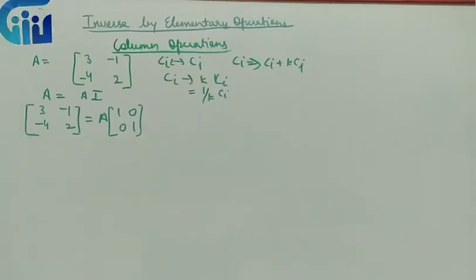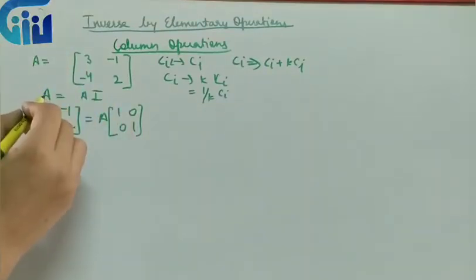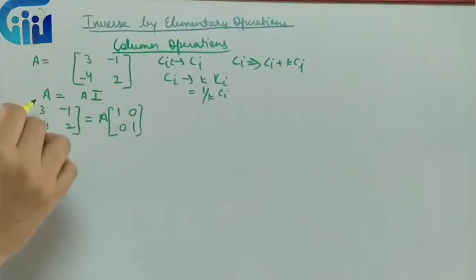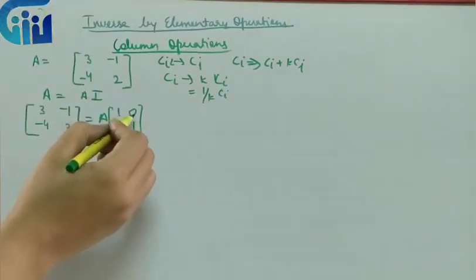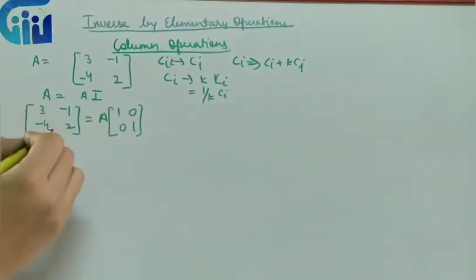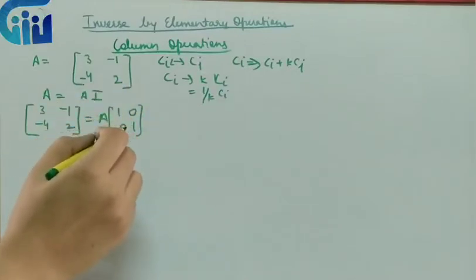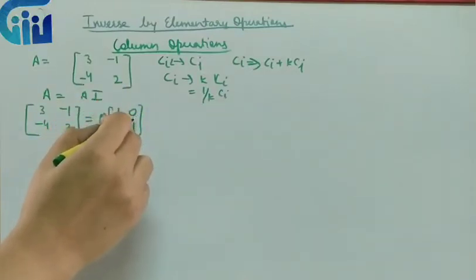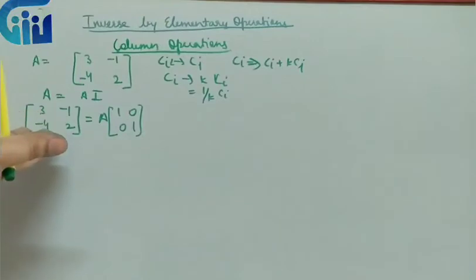Now as I explained in the previous video, for row we have to write it as A is equal to IA. For column we have to write it as A is equal to AI, because whatever changes I do over here in terms of columns will be reflected in the product matrix. When we multiply 2 matrices and take the product, we take the column of the second and row of the first. So if I am changing the column, I have to write I second, so that the changes in the column are reflected in the given matrix.